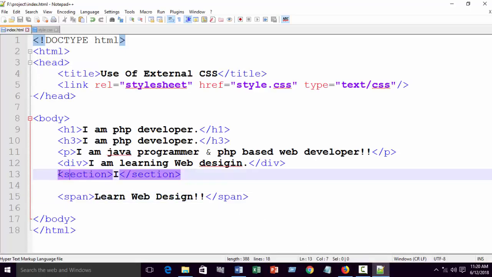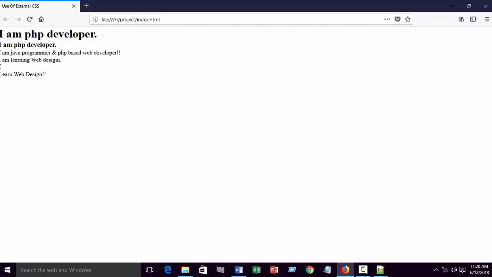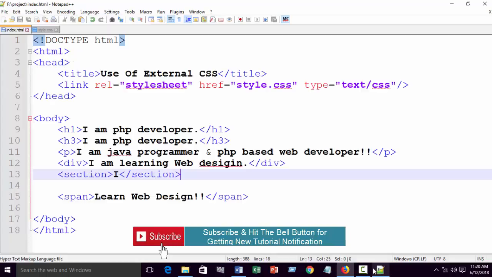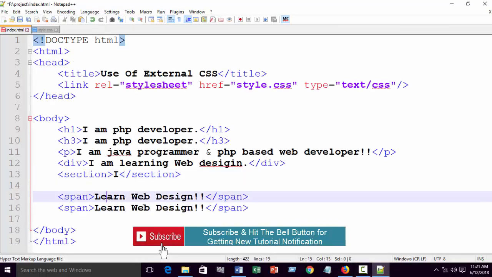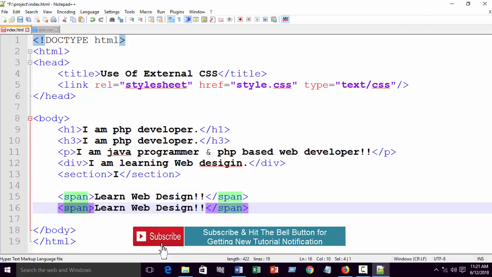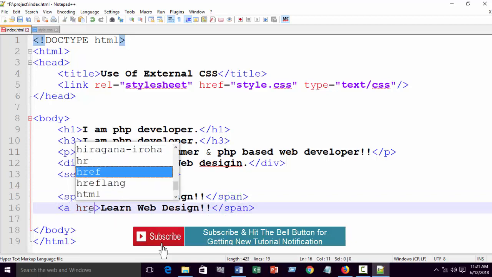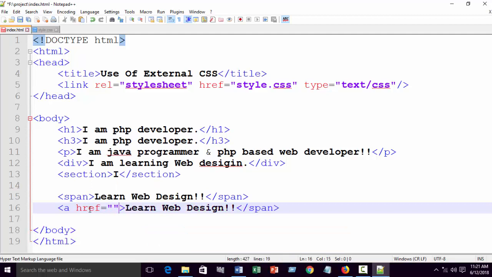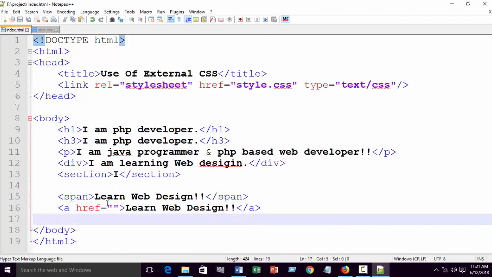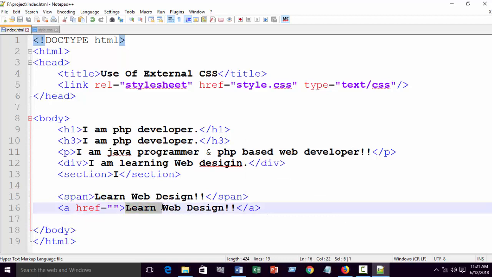because our previous section div is a block level element. The block level element section captures the full width from left to right, and for this our inline element begins with a new line, but it does not take a new line. Now you can understand that when I write again an a tag, a link tag, href equal to something, a hyperlink tag, web design,